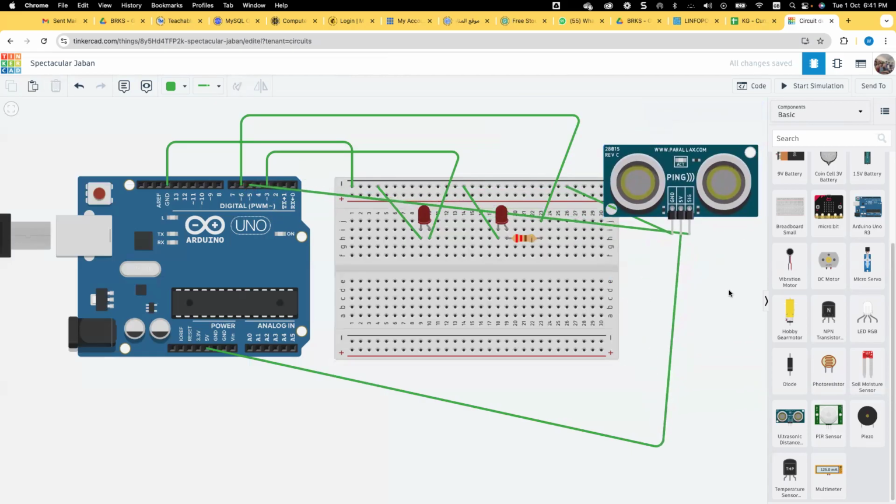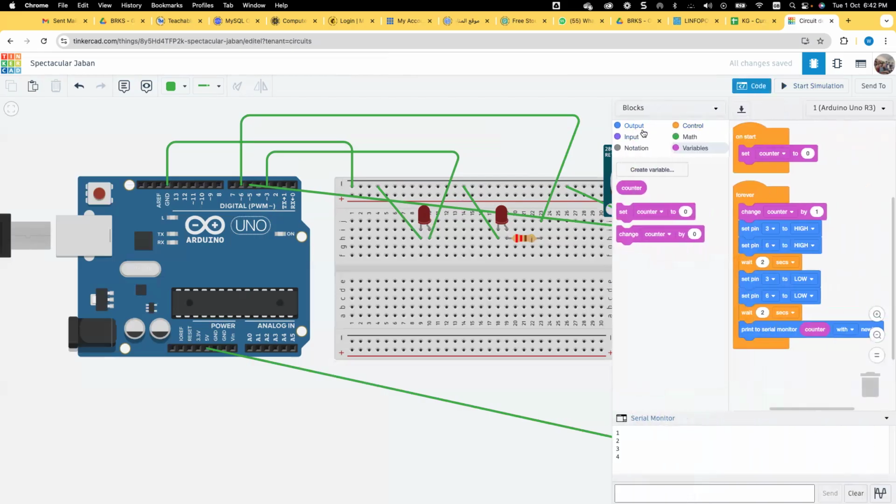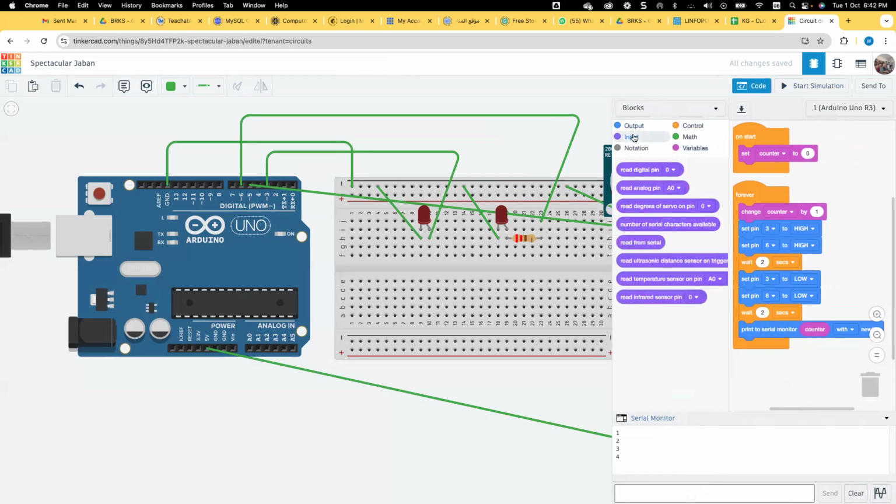I go to the start of the code, for the input, and here you can see that I have the read ultrasonic distance block. I can add it with another print.